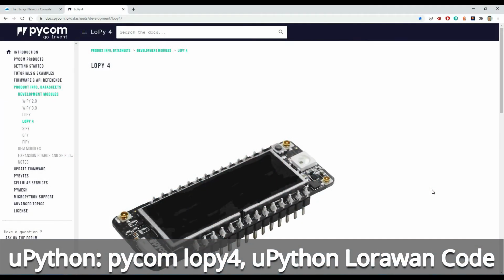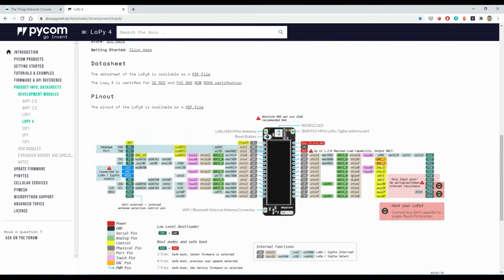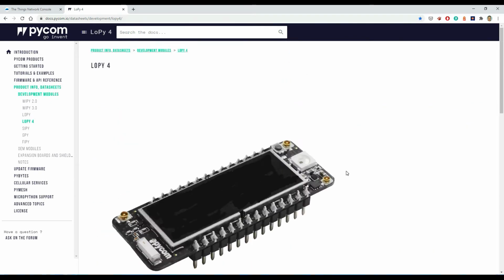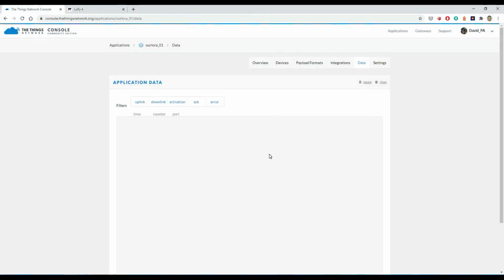So I'm using the low-pi 4 board from pycom. And the nice thing about that is it already has MicroPython installed on it, and also has additional functionality provided by pycom in their libraries installed on it for doing LoRaWAN. I'll be using the Things network to receive the LoRaWAN data,